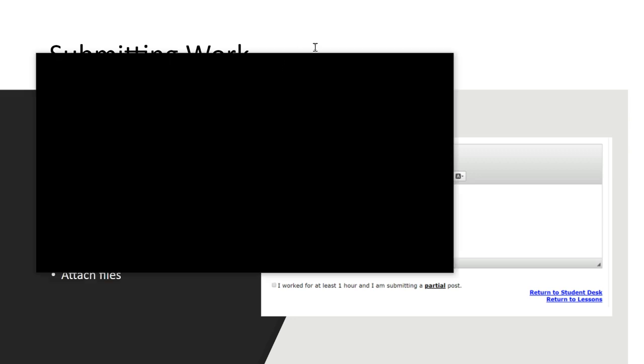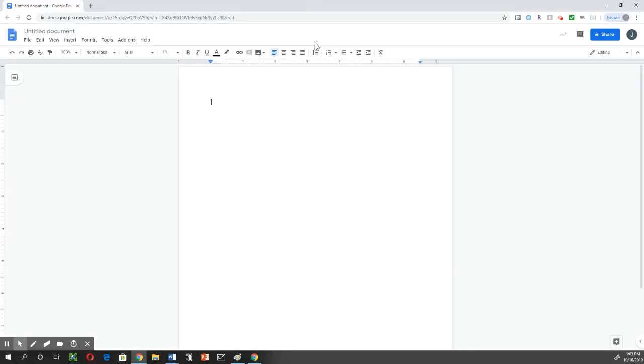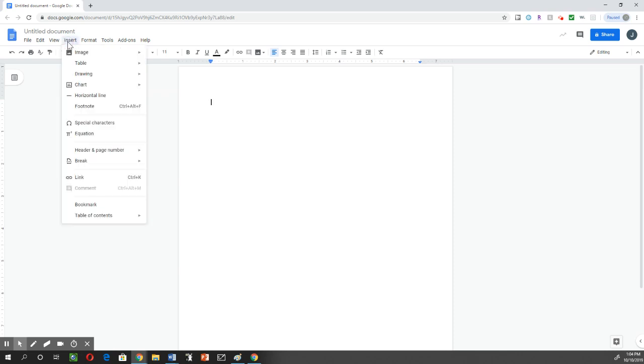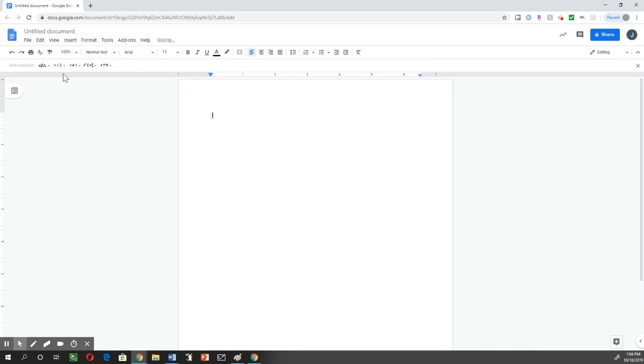So here is a Google Doc right here. You have access to Google Docs through your school Google account. You can type everything you want. There are all kinds of little things. You can get some add-ons that will help you actually type the math. There is actually an equation editor. If you hit under insert, there is an equation editor, and you can actually type the equations